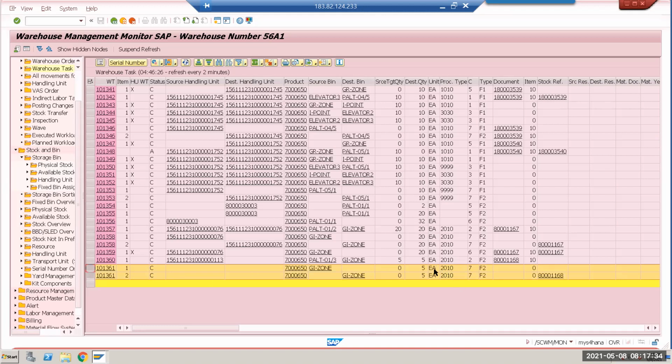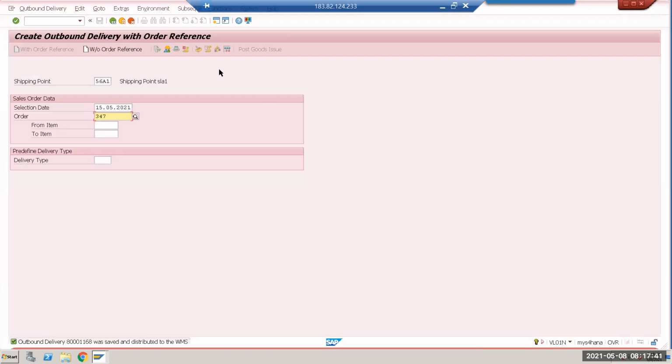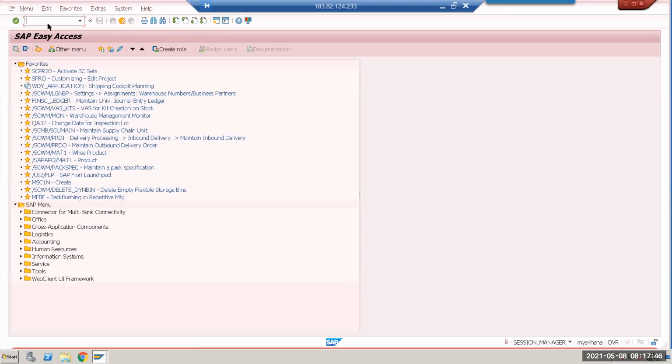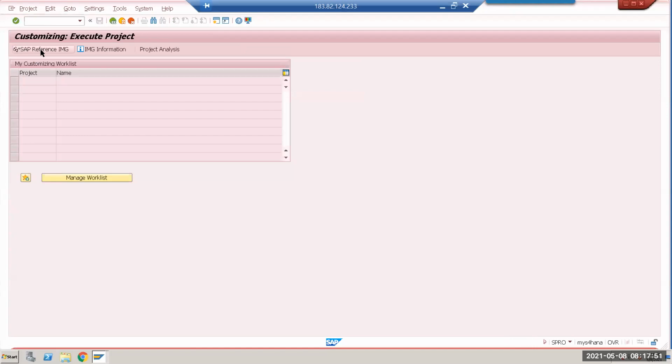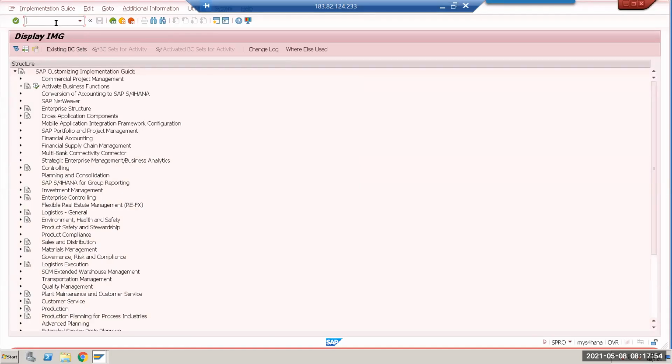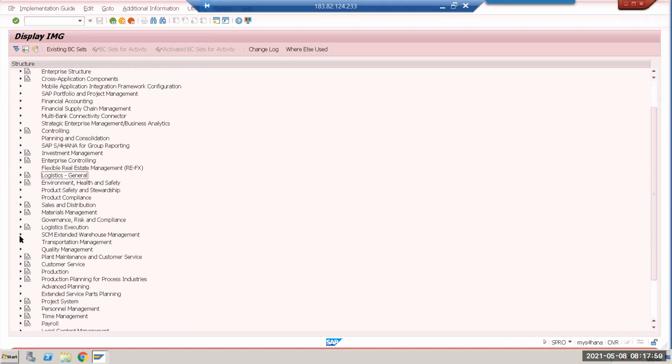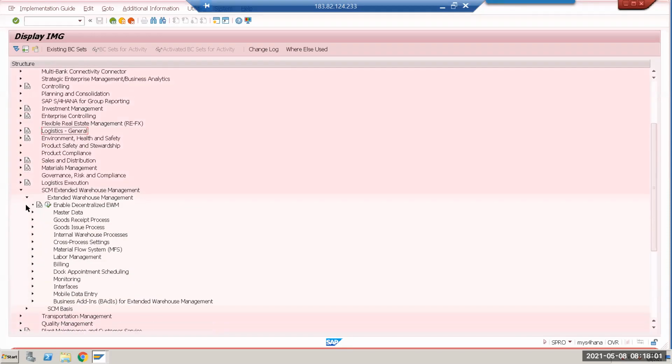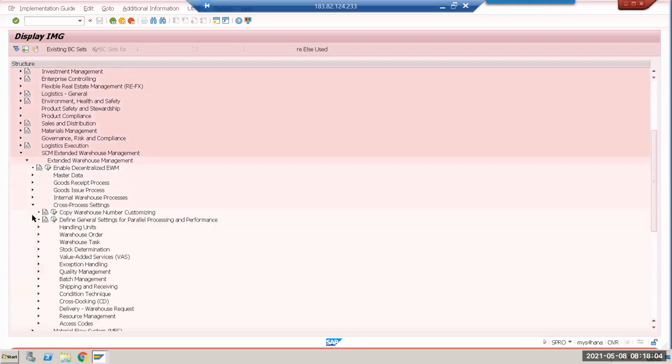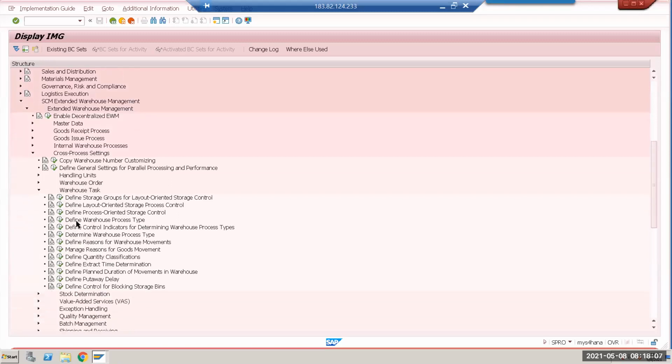It's not working with respect to LOSC. You entered the table, right? Yeah, just that table entry I did for the partial one. Pick point for 0082, and I created the bin also, I guess. Yes. And the pick point is created, right? Yeah, pick point is also created. Just check, because yesterday I created the pick point also. Maybe bin and all is available, right? Pick point bin and all.